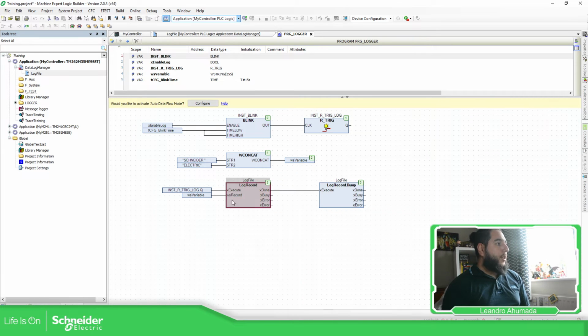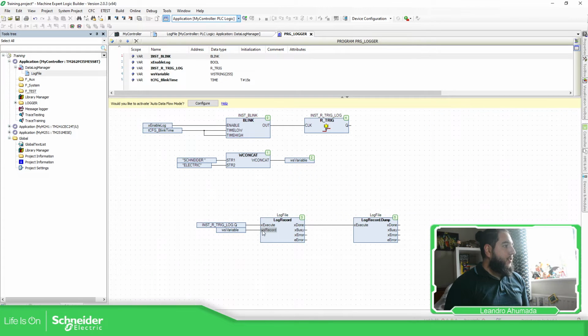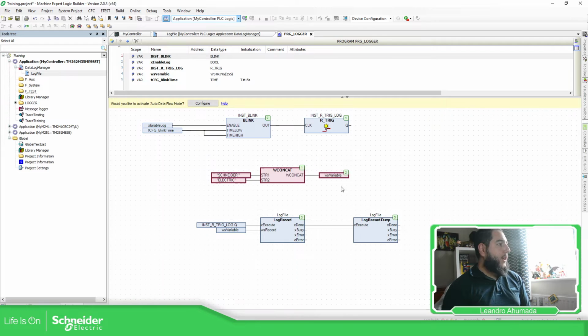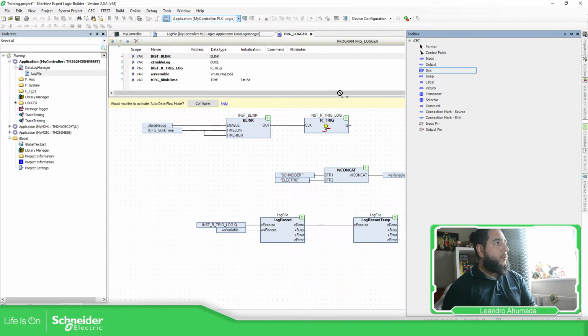Here we have two function blocks, log record and log record dump, which are basically related to the buffer, and dump will put the information into the file. This log record needs a WSTRING in order to save the data. So the variable that I want to be saved needs to be a WSTRING. So what I have is this WCONCATENATE, and the other thing that I need is a function block